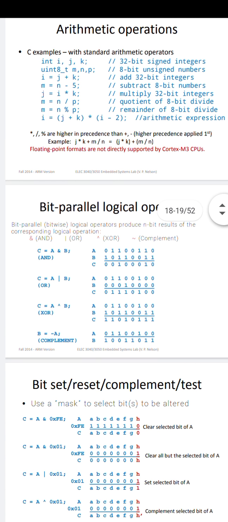Now the next condition: we use logical operators, that is AND, OR, and XOR complements. First we have to write the inputs a and b. a is equal to 01100110, b is equal to 10111001. Then this is the multiplication of 0 into 0 is 0, 0 into 1 is 0, 1 into 0 is 0, 1 into 1 is 1. That is the final result for the AND gate. c is equal to 00100010.